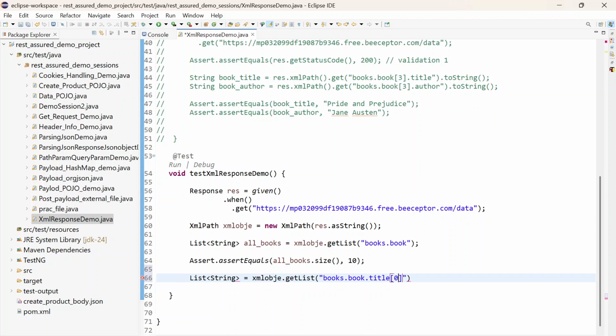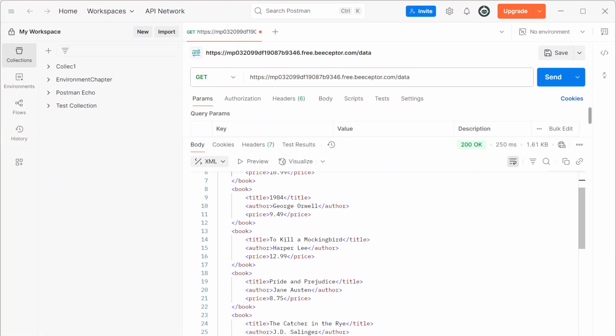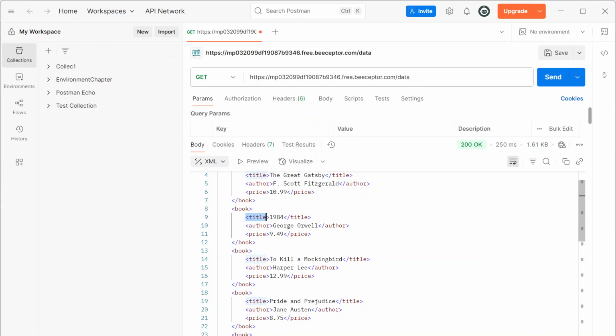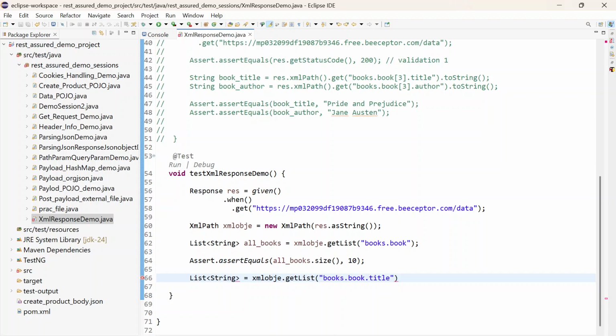If you provide an index, let's say 0, what will it do? It will capture the book title of the 0th index element. If you provide 1, it will capture only the title of the second position, that means the first index book. But we have to capture for all the books, so I'm not giving any index here. So it will capture the titles of all the books, and that we can store inside this